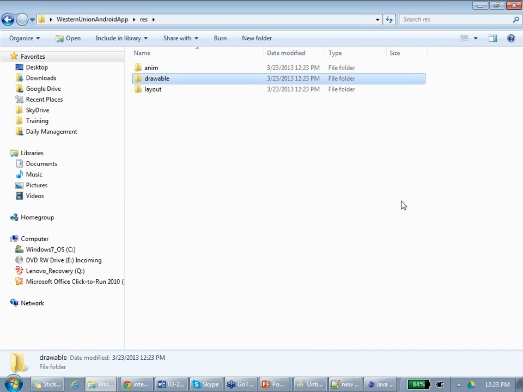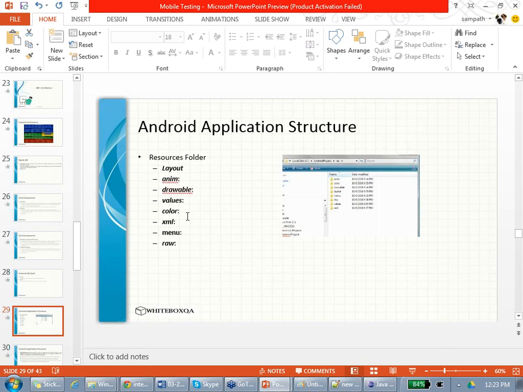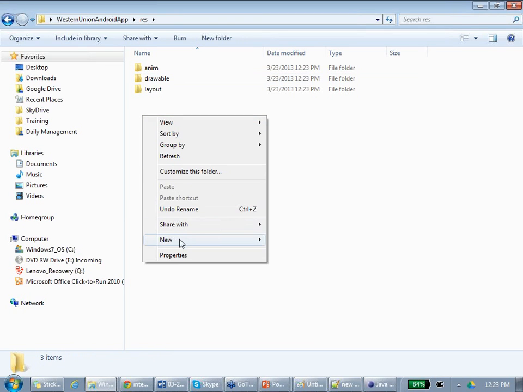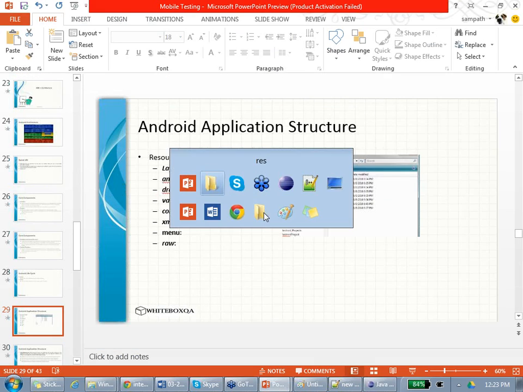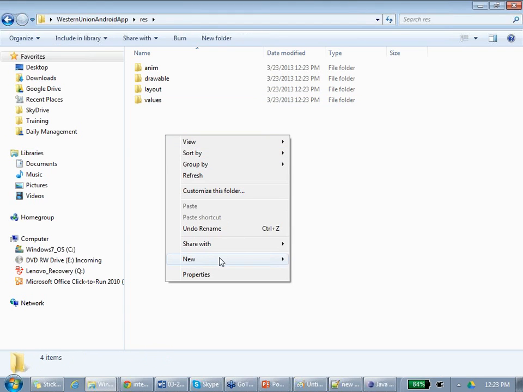For example, you need to do a signature somewhere on that Western Union screen. That is a drawable. Agreed? So they will give the region. This much should be the drawable region and everything. Then values. What are the values? For example, on the home page, what should it look like? For example, Western Union. And what is the value of this field? This field will have username, password. All these are values, meaning string values. And colors. You can have colors.